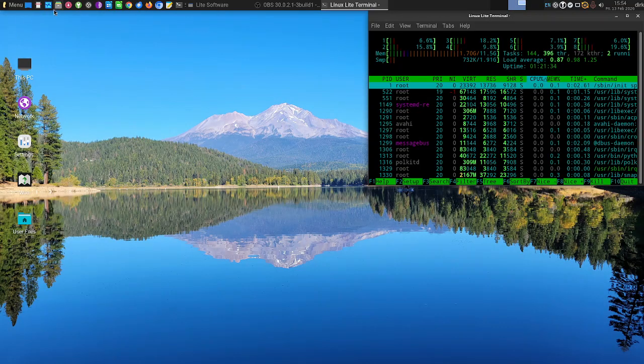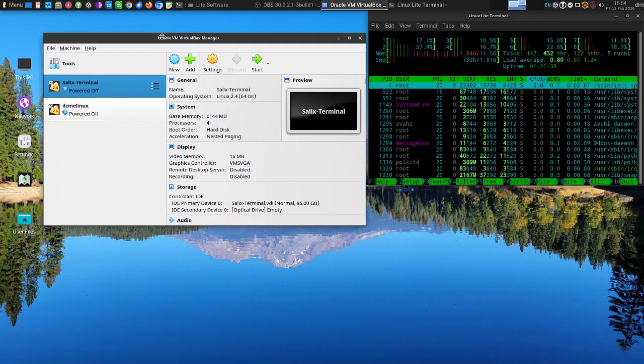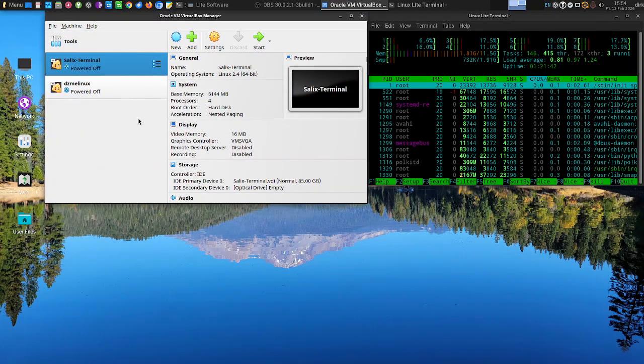But as I said, here I've got my VirtualBox, of course, and that's the easy thing with VirtualBox. I must say, it just works. You just go add, and then you add your machine. So I copied Salix over. My Salix machine where I'm working with, my DZME Linux, my channels software, that's MX, and this is my Salix 15, right? So if I just copy them over in the VirtualBox folder, and then I add them,